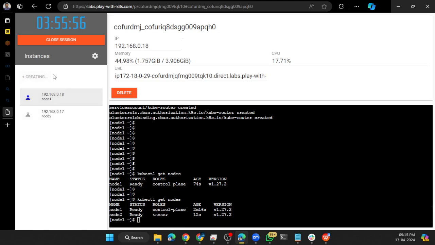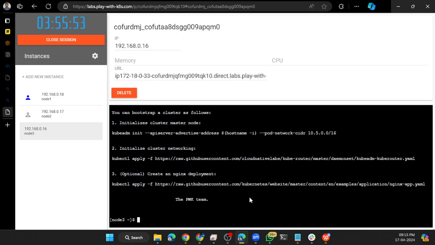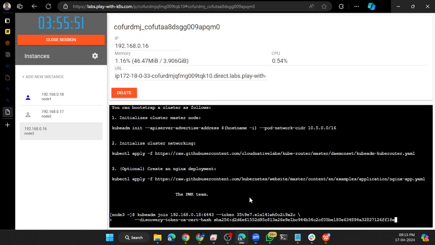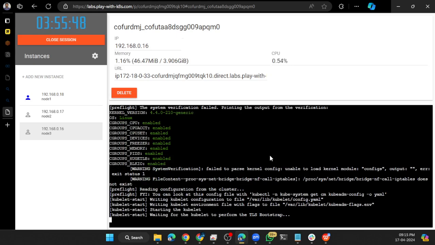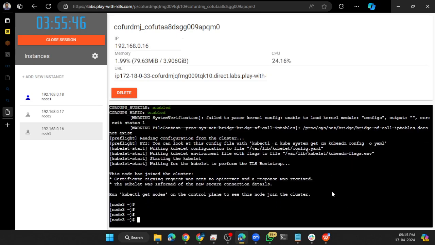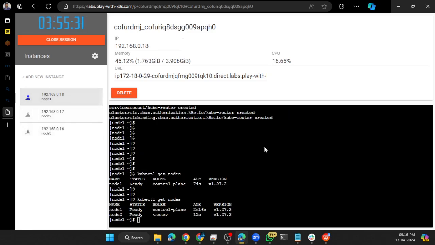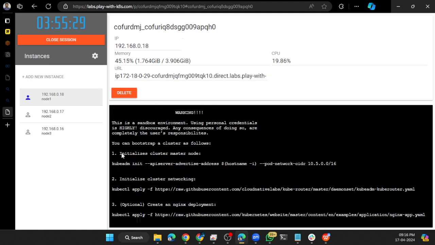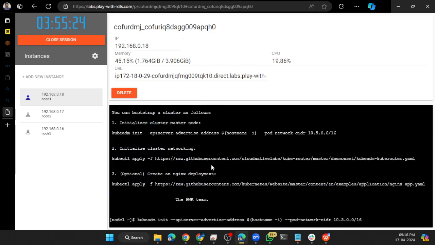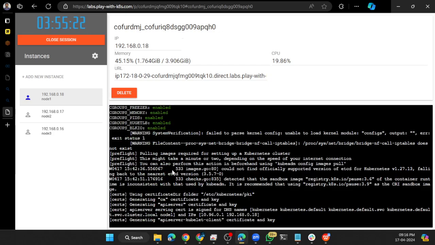Let me go with the third node. No, from the nodes I am running this. To join I need to run these commands I took here, commands 1, 2, 3. So when I give this first command, here it is giving me,